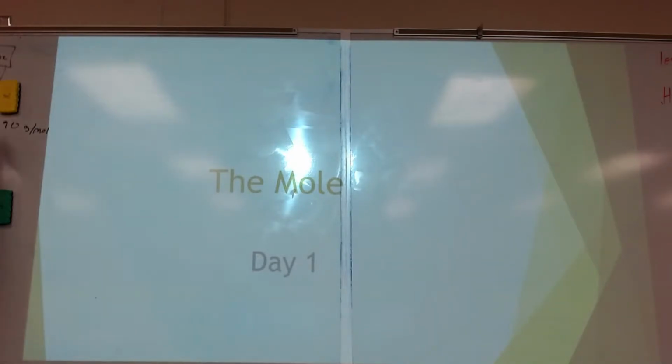Let's figure out something. I took the mass of a marshmallow, a big marshmallow, and I measured it, and it was 5.70 grams. If I happen to have a mole of marshmallows, that's one marshmallow, I would multiply this by